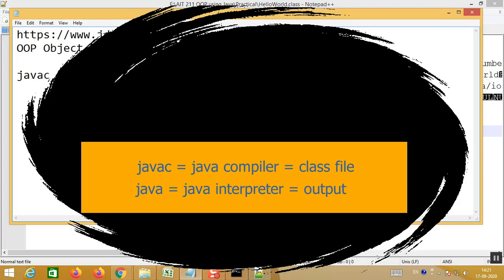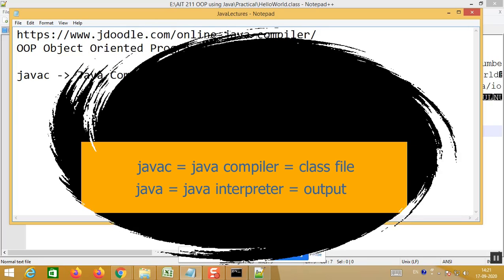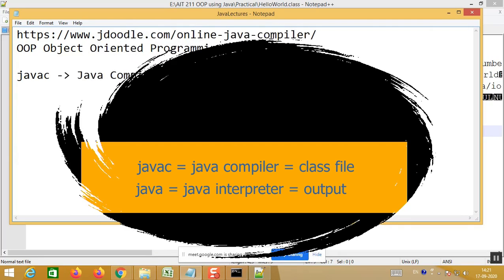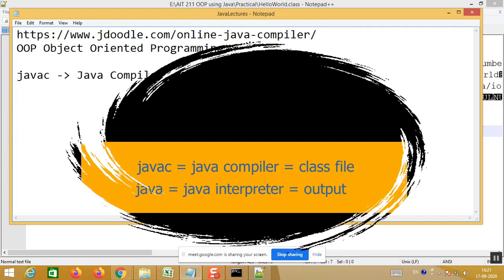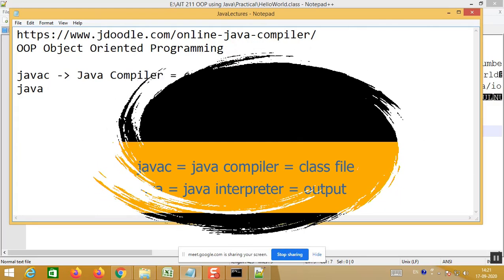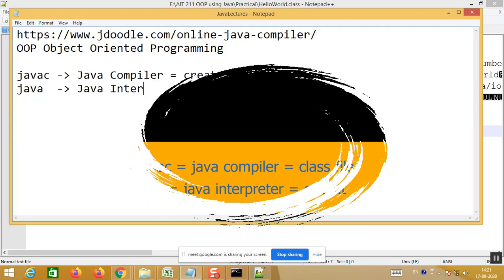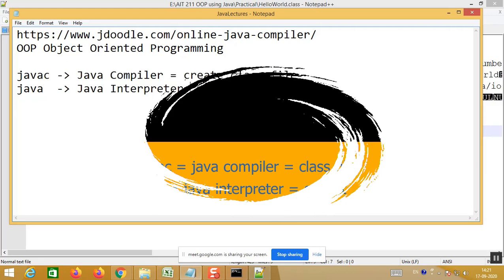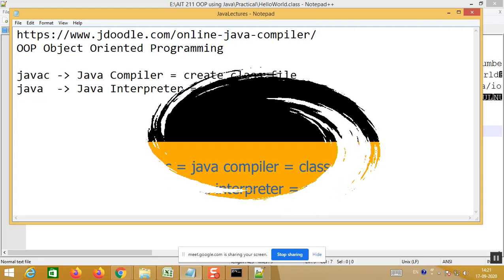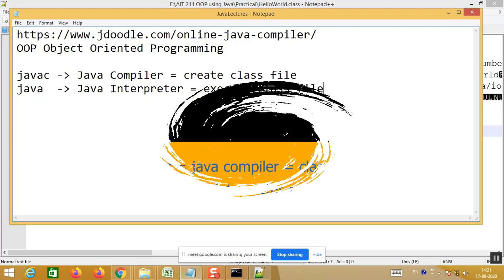This is nothing but the Java compiler, and it will create the class file. The class file is created if there is no syntax error. And the second software that we have studied is the Java interpreter, and it will execute the class file.